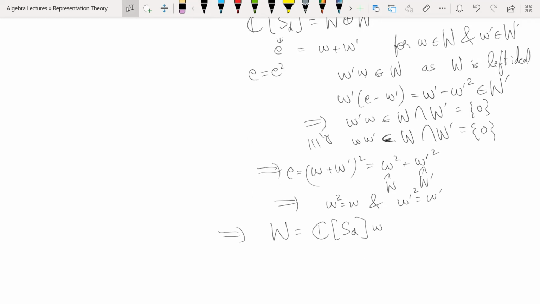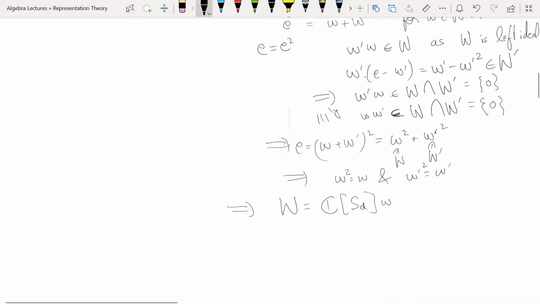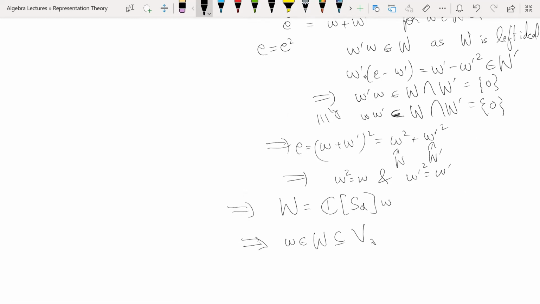So if V lambda times W is 0, this tells you that W is contained in V lambda. So this tells you that W times